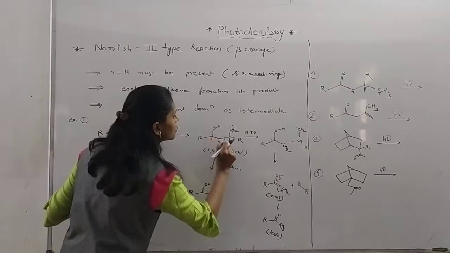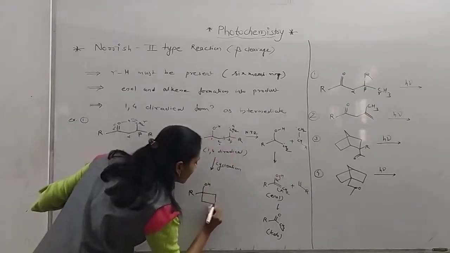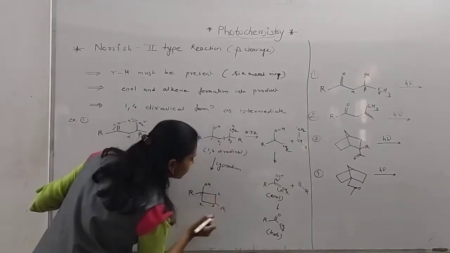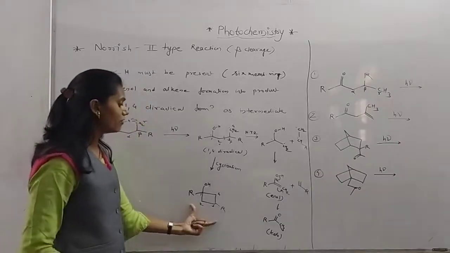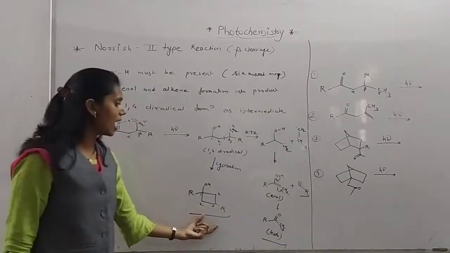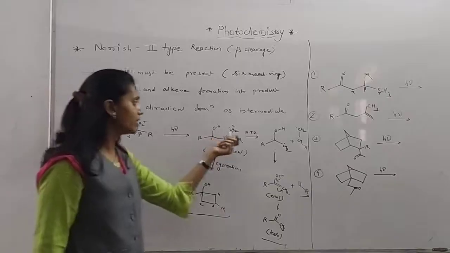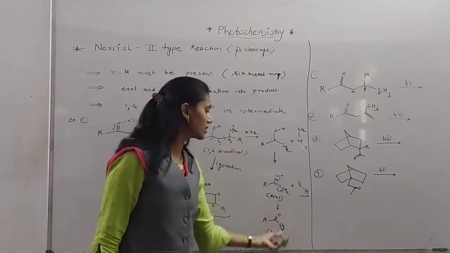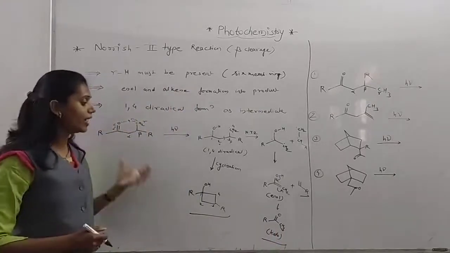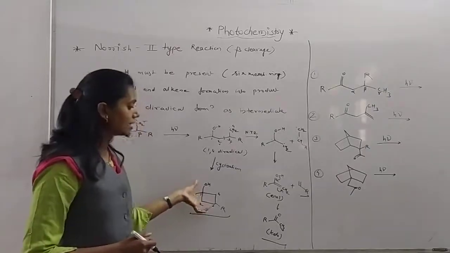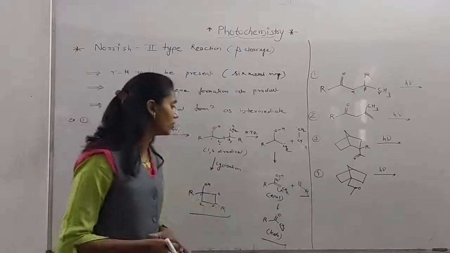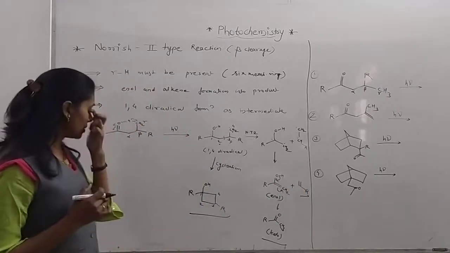This compound is first, second, third, fourth, that means a 4-member ring: 1, 2, 3 and 4. And at the third position there is an R group. That means there is a possibility of getting this product and this product. This product happens by cyclization, and when we go to Norrish type 2, you get this type of product, that means ketone and alkene group. The question arises: when we obtain the cyclic ring, and when we obtain one enol and this alkene form, there is again some rule.